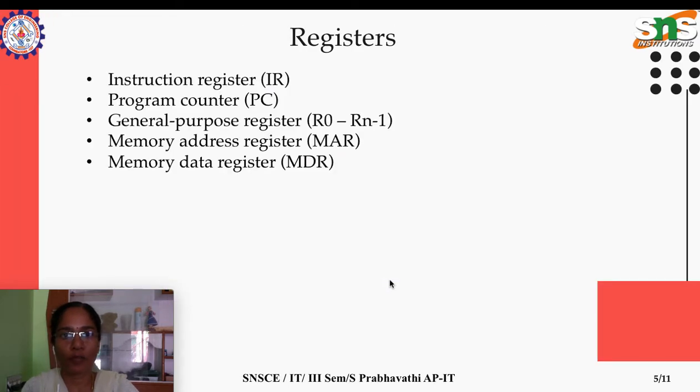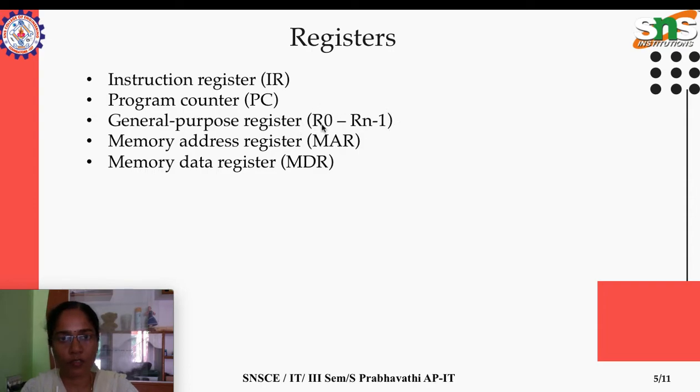Now we will be moving on. I think we have discussed all the registers present inside the processor, so don't forget them. The instruction register holds the instruction fetched from the memory; that instruction is stored in the processor via the IR. The program counter holds the address of the next instruction. General purpose registers perform arithmetic calculations and move the data in and out.